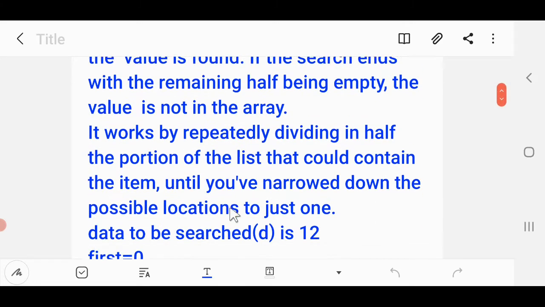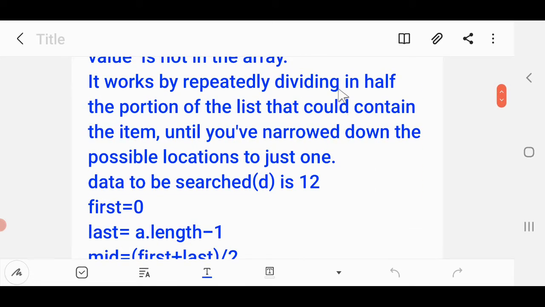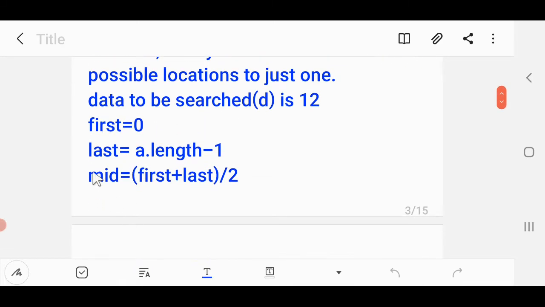It works by repeatedly dividing in half the portion of the list that could contain the item until you have narrowed down the possible locations to just one. Data to be searched, D, is what? I'm taking one example here: suppose D is 12, first is equal to 0, and last is equal to a.length minus 1.